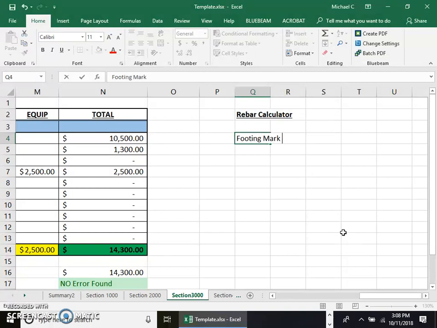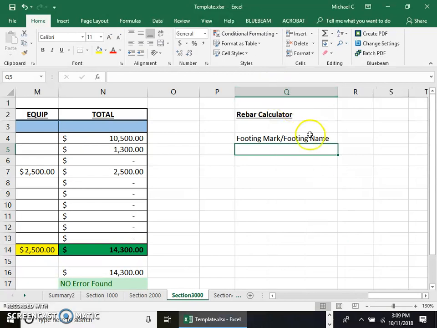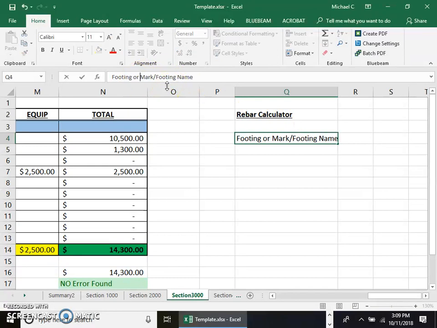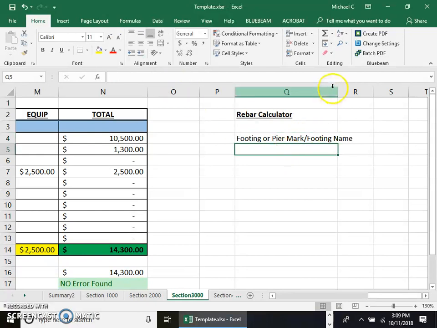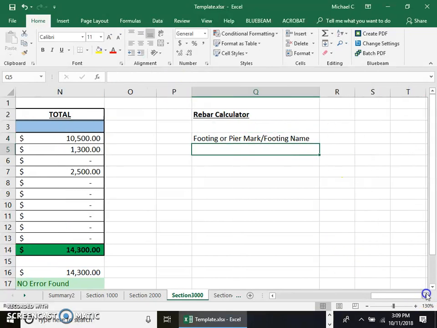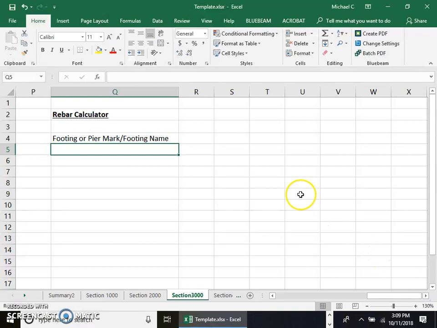I'm going to call it footing mark or footing name, for the first column. Footing or pier. I think on your drawings for this project they call the piers pedestals, but it's the same thing. And we're going to say number of bars,